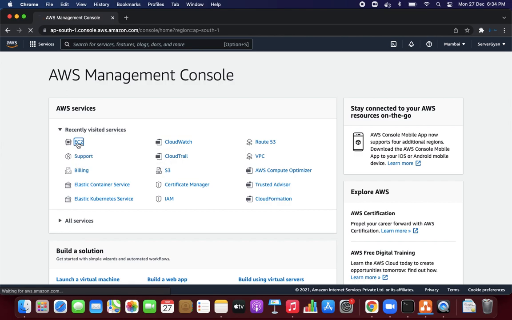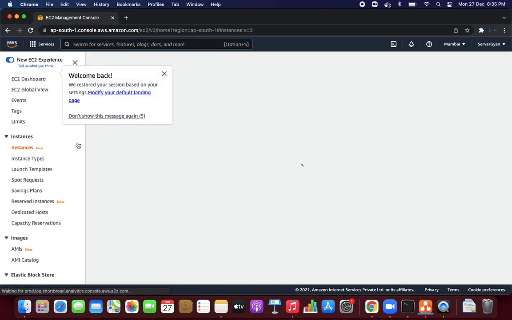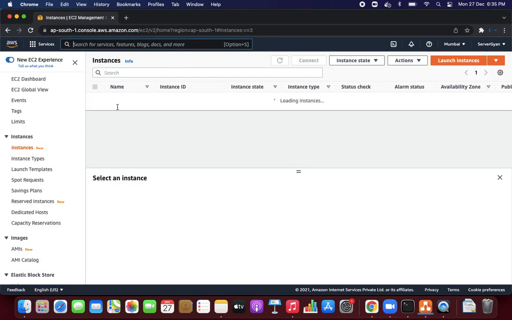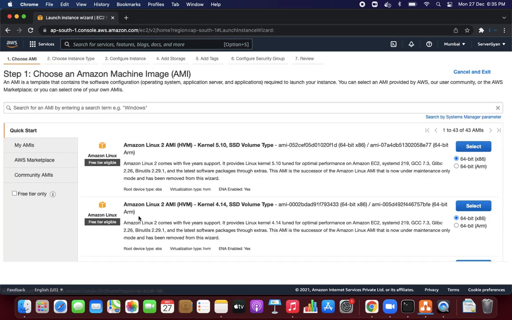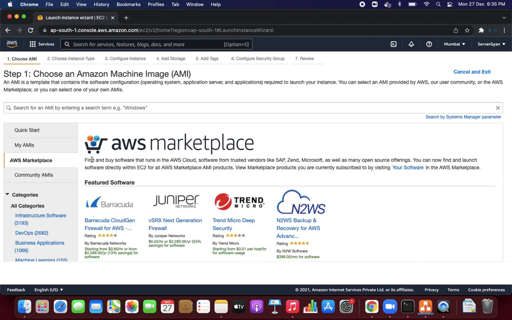First of all, today we are going to see how to host an EC2 machine, and especially with WordPress. Obviously, as you know, you all are familiar with this particular console. This is the AWS EC2 management console, where we are going to create one EC2 machine. Now first of all, we will go to AWS Marketplace.